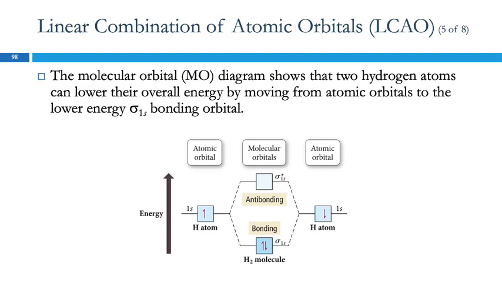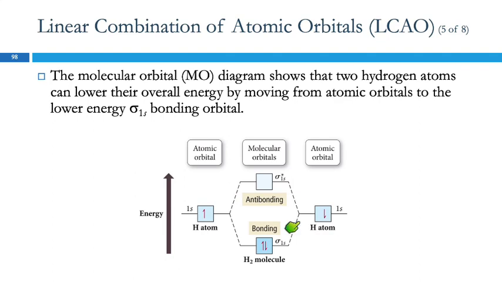So we made orbital diagrams for atomic orbitals before, and so these are sort of related to those. So here we have the orbital diagram for one hydrogen atom, right? The 1s orbital, we've got a box here, and we have an arrow pointing up. That's one electron there. Here we have the other hydrogen atom. It also has a 1s orbital. Here's its box. Here we've made the arrow pointing down